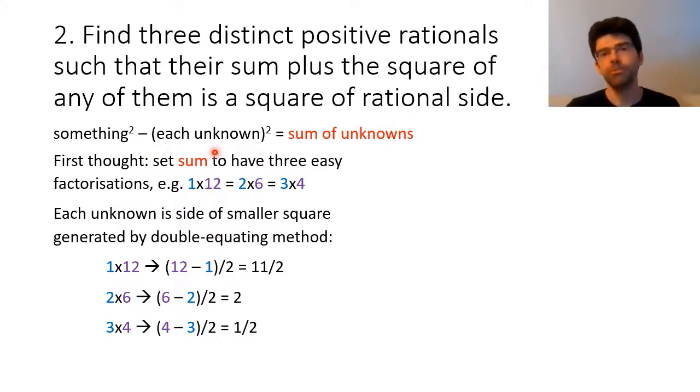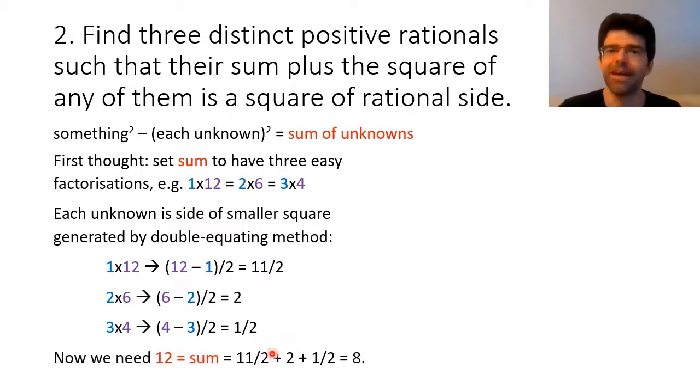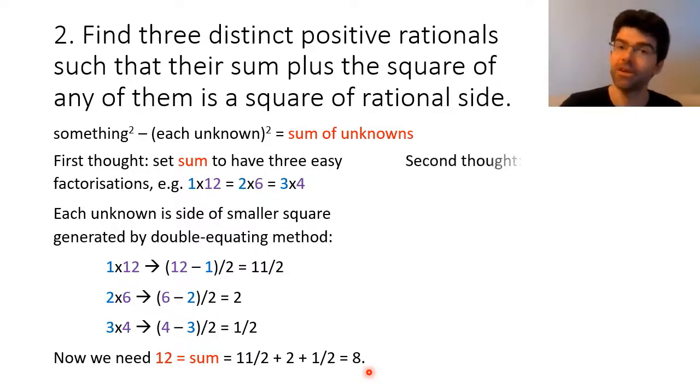But there's a problem, an issue here, which is that the unknowns are not independent from the sum of the unknowns, which is what we started with assuming that it might be 12. And in fact, when we work through it, we find that they add up to 8. So we can't have 12 equal to 8, but what Diophantus does here, which is rather clever, is throw in the unknown symbol as a sort of scaling factor.